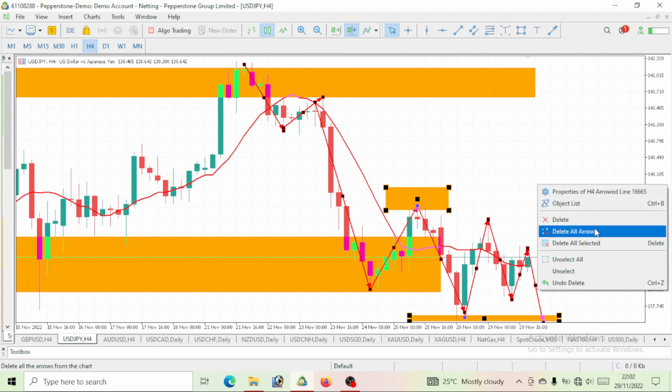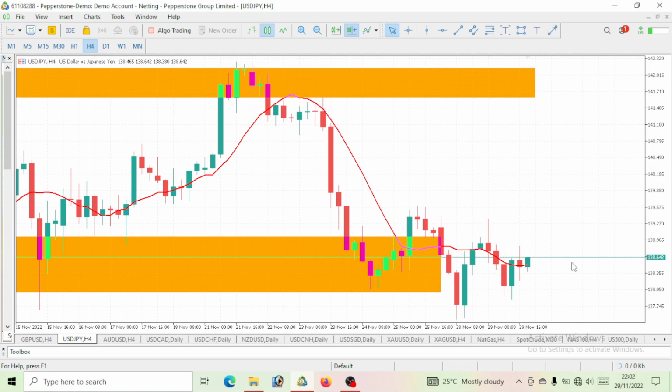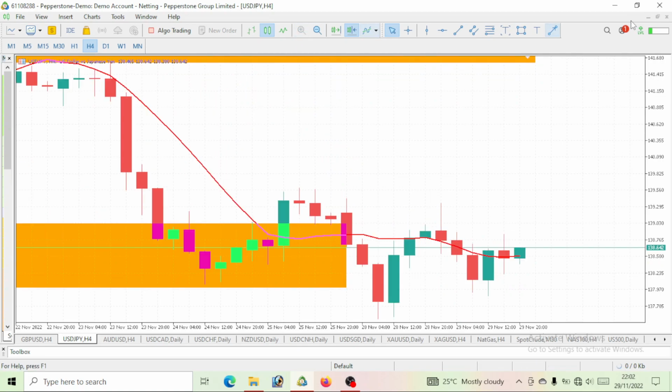So this pullback has just given us a position, or a setup, to enter and sell this USDJPY. So what we will just do is sell this movement. But if you want to take this trade, I'll say possibly on this 4-hour time frame, be patient enough. Like I said, be patient enough. Fear of missing out can actually wreck this trade. So all you have to do is be patient enough,